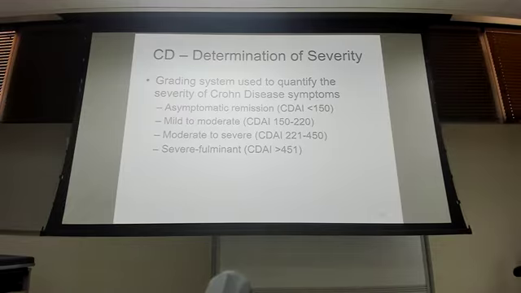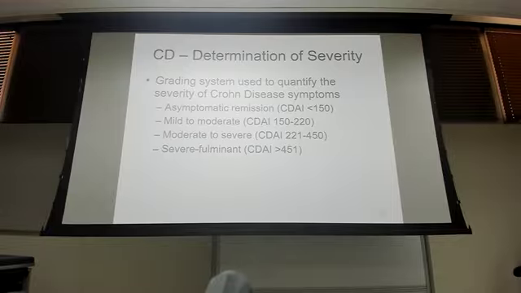Graded on severity scale. So the Crohn's disease activity index, that's the CDAI. Basically, the clinician goes in and grades it based on how bad the signs and symptoms are. Asymptomatic remission, meaning you're not having any signs and symptoms, but you have the disease. Then mild to moderate, and there's a scoring system there for you where it falls. You do not need to know the scoring system. If we ask about Crohn's, it's going to be giving you signs and symptoms and severity, not the CDAI score,